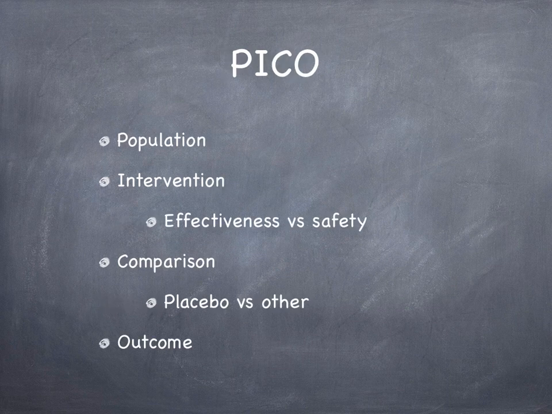The investigator should also remember the mnemonic PICO when designing the study. Determine the population needed to achieve the goals of the study. Explicitly define the intervention being studied. This requires consideration of the effectiveness of the intervention as well as the safety of the intervention so no subject is harmed. Explicitly define the comparison group, whether placebo or another strategy will be used to compare to the intervention, and explicitly define the outcome of interest.